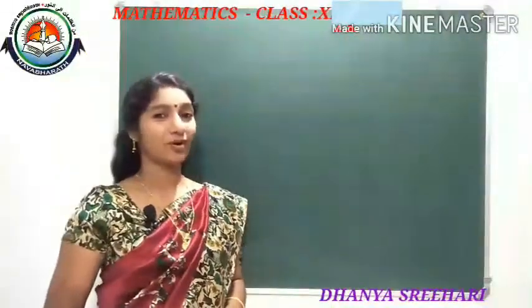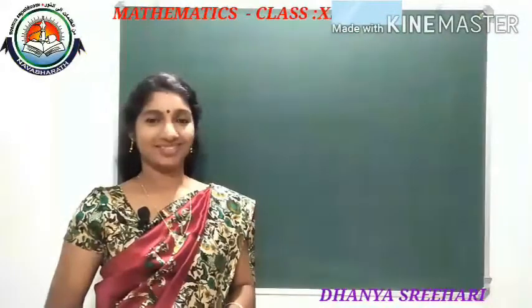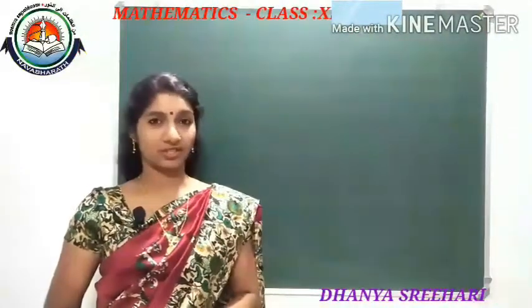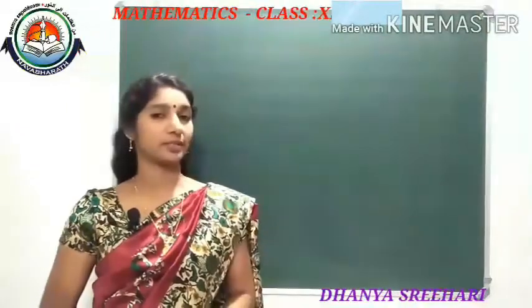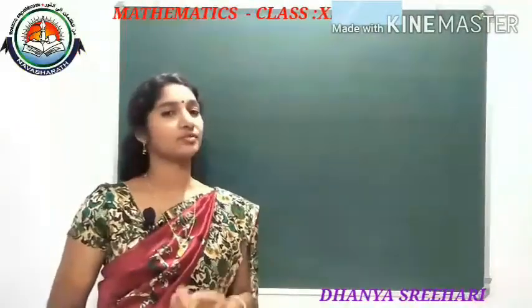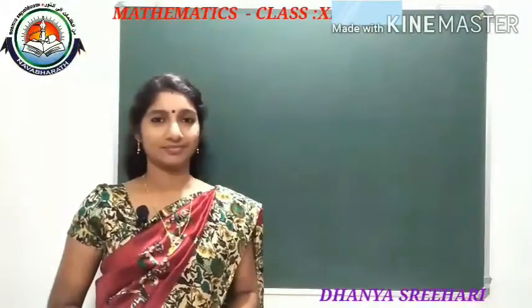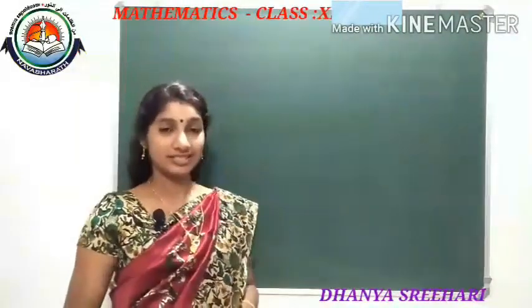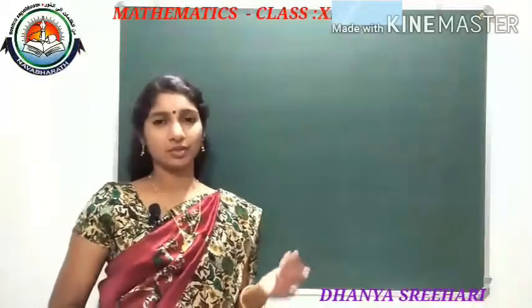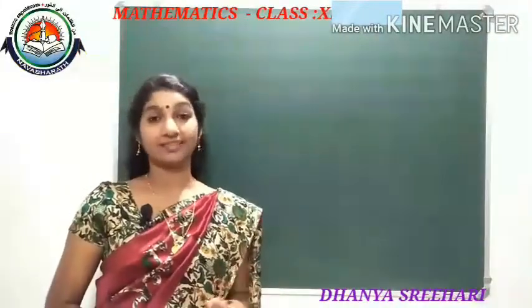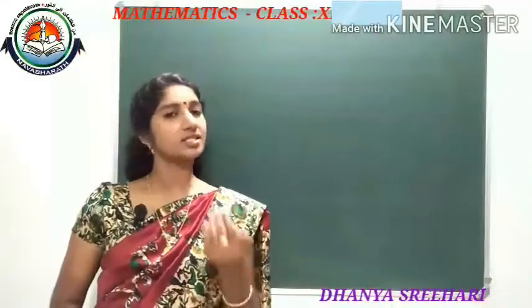We were discussing arithmetic progression, isn't it? So we discussed what is an arithmetic progression, what is the first term, and what is the common difference of an arithmetic progression. That much only we discussed in the previous class. So we are discussing the general form. I just told what is the general form of an arithmetic progression and what is the nth term of an arithmetic progression. Just to recall that one.